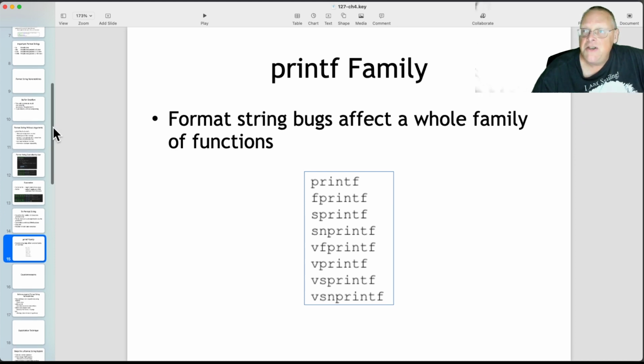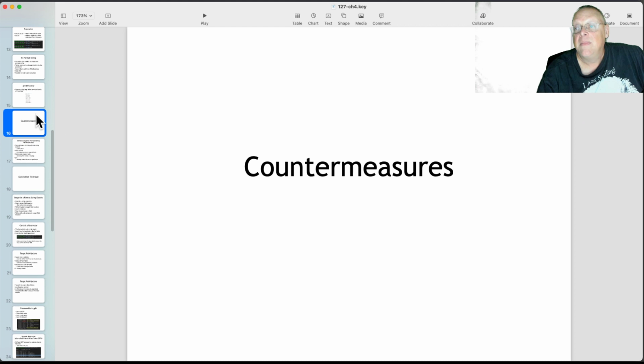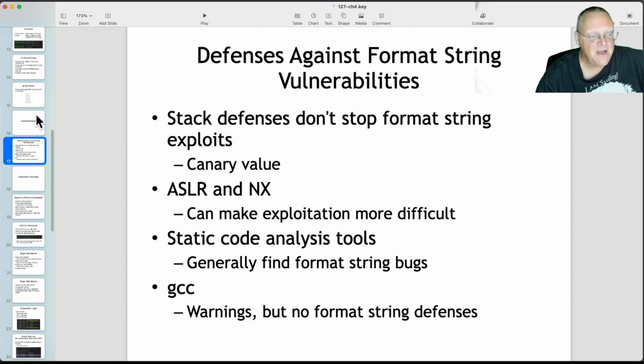And by the way, these vulnerabilities are extremely easy to catch by looking at the source code for something that is printed without having two arguments. You should have one argument for the format string and one or more arguments for things to print. Anyway, that's the way it is. So it's easy enough to print these. But let's consider what other defenses will do.